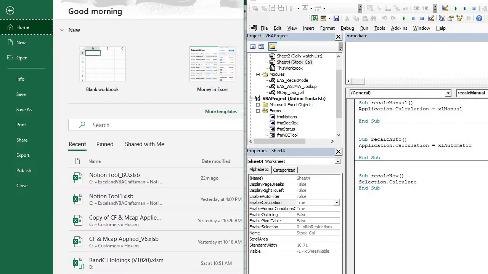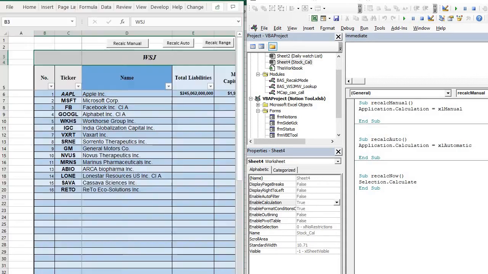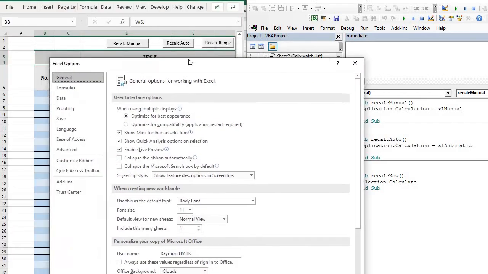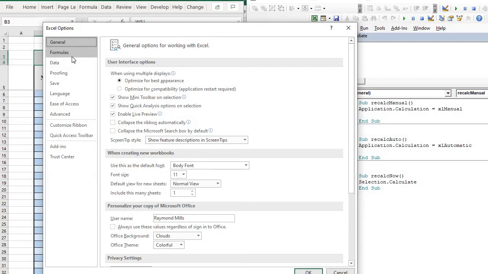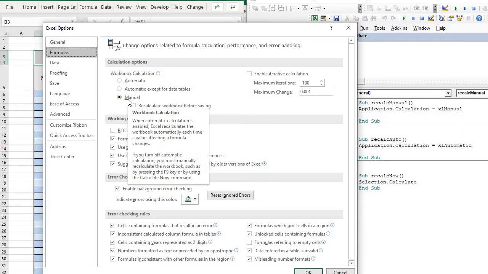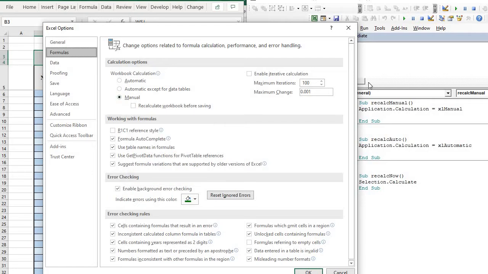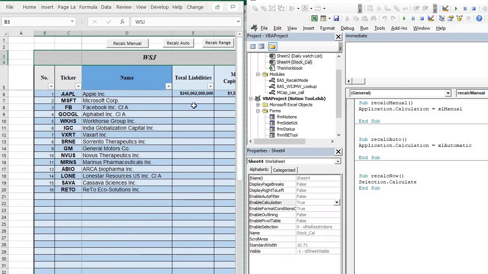Let's go File, and we get down to Options. I know it's off screen, but you can see it's down in the left-hand corner. And then we go to Formulas. We see that calculation is set to manual, okay? Now, let's close this. If we take this, and let's say copy down 10,